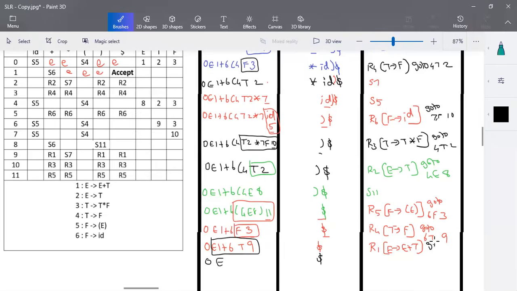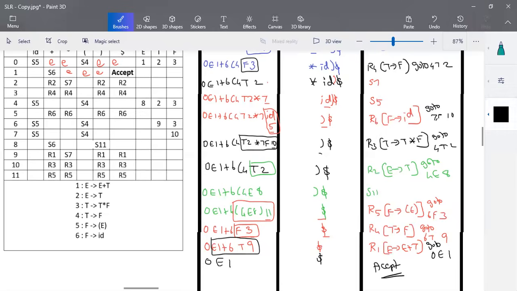And this will be followed by a go to operation between the last two elements in the stack. So what are the last two elements in the stack? That is 0 comma E. So what is the entry for 0 comma E? It is 1. So this 1 will be pushed into the stack. And finally, what is there for 1 comma dollar? 1 comma dollar is your acceptance criteria. So we can say that the input is accepted.